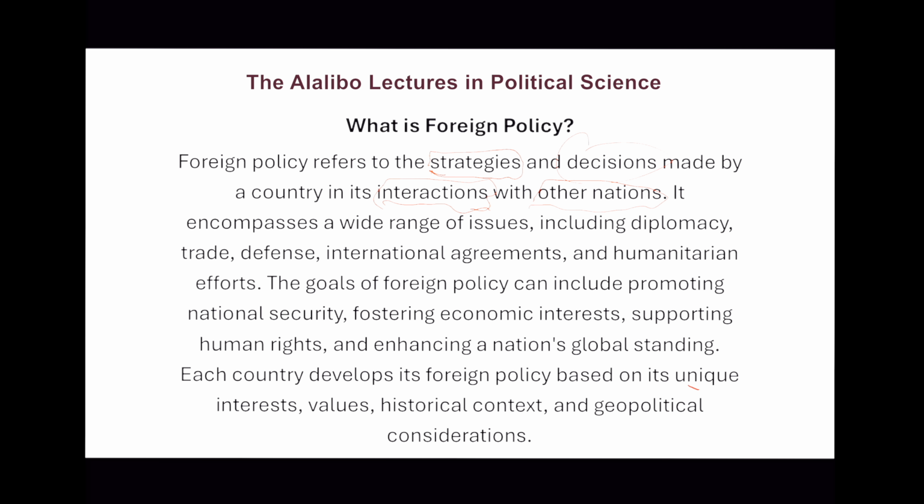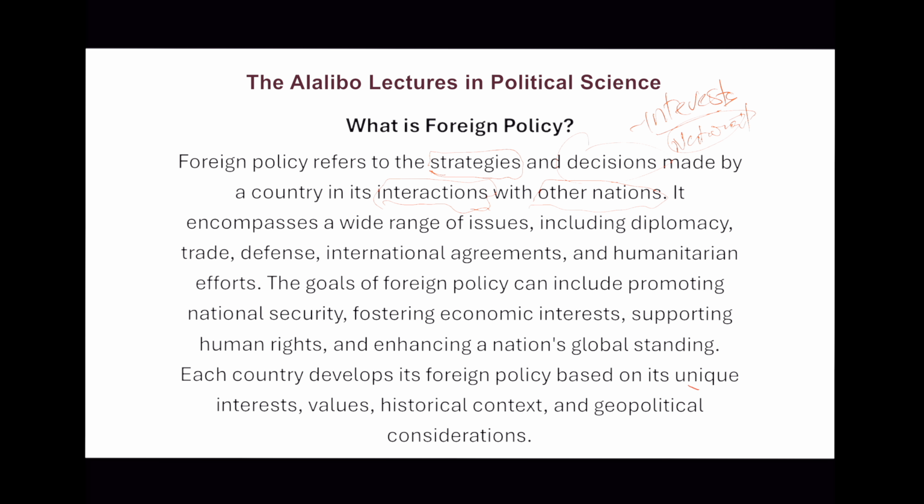So foreign policy, please take note of this, students. Foreign policy deals with interest, right? What are the interests of a certain country? And they pursue those interests through foreign policy. So foreign policy is very important in this context because this is how countries, in some cases, control other countries. This is how countries announce themselves on the global stage as very important and pursuing certain goals. Those goals are always based on interest, and specifically national interest. So there's an interaction between foreign policy and national interest, because a country will always consider its national interest in its foreign policy.